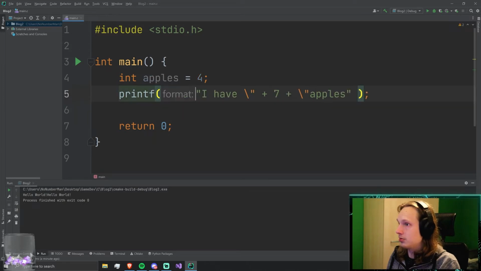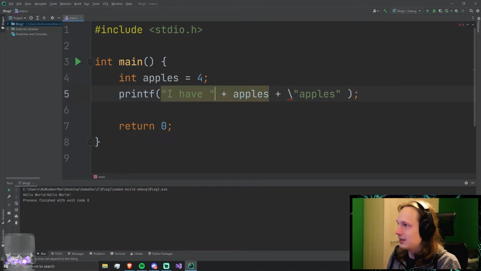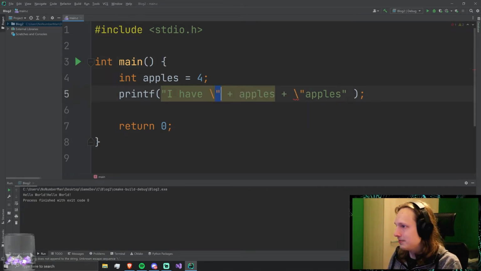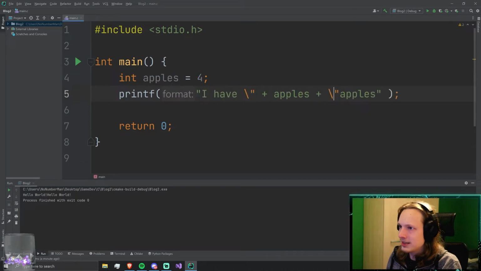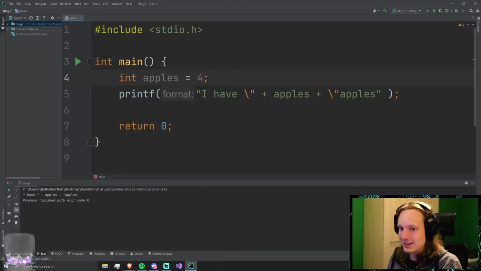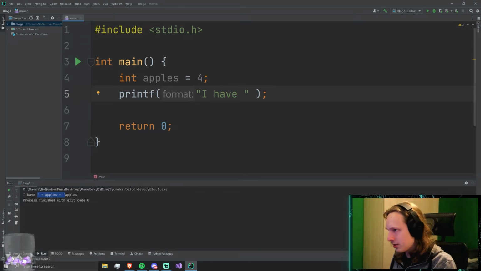Oh, now we're doing some crazy stuff. Oh, but now it is 4. So can I do apples in here? Oh, right. So now I have these fake-o apostrophes, you call these apostrophes? Yeah, so this will just print apples. I don't know why CLion just does that by default. Yeah, so then it will actually print the apostrophes, which of course we don't really want. You can't just add plus apples like that. Doesn't work. So how else do we do it?